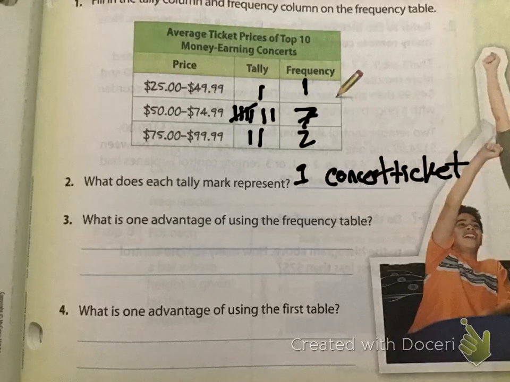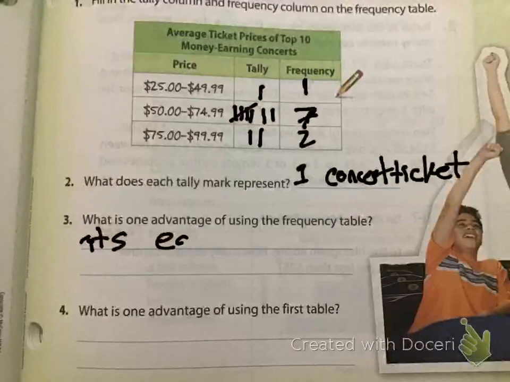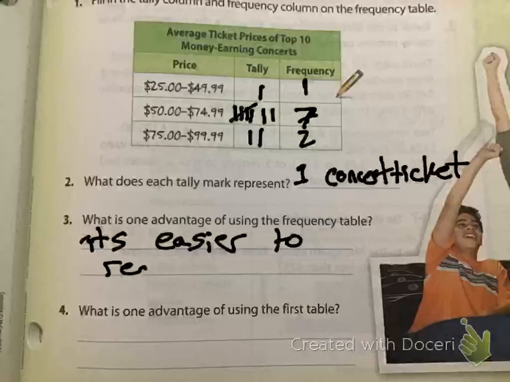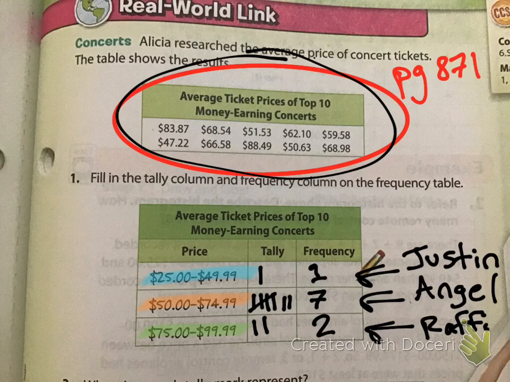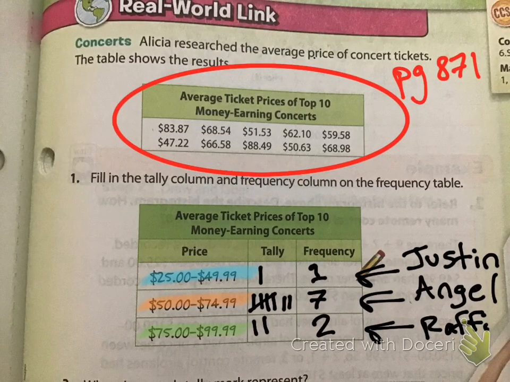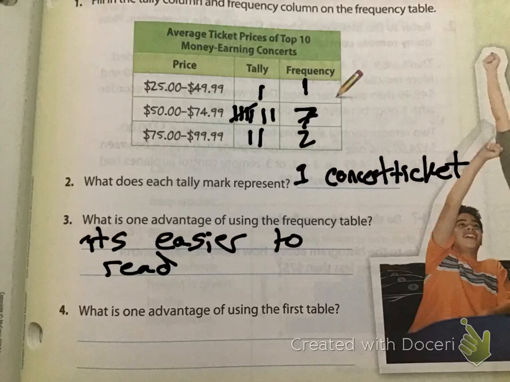One concert ticket. What is one advantage of using the frequency table? Literally, it's easier to read. Because if you were looking at this chart right up here, is this easy to sort? No, you can't look at that very well and go, oh, okay, that's what it is. The frequency table makes it easy. What is one advantage of the first table? Exact